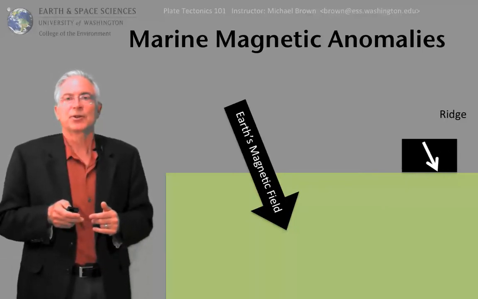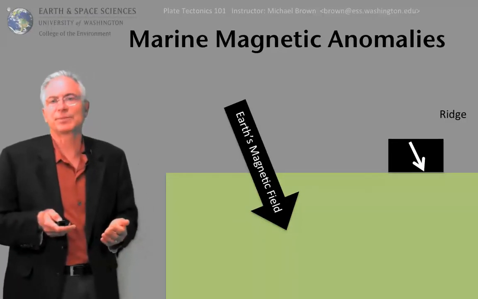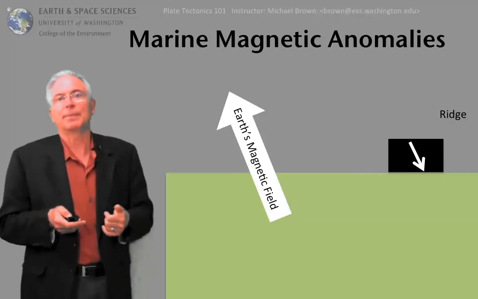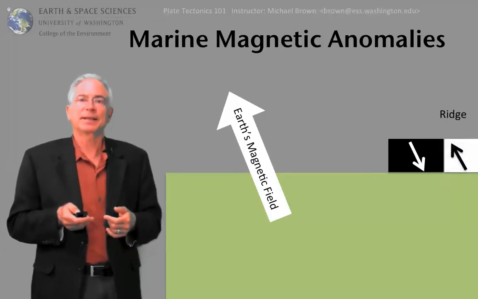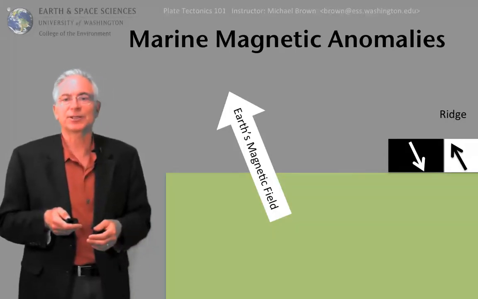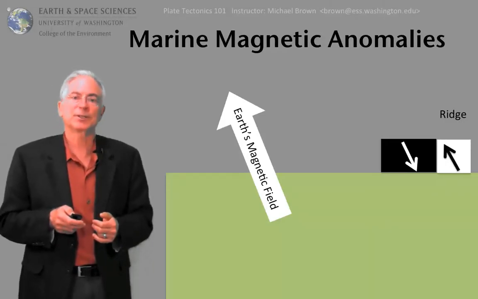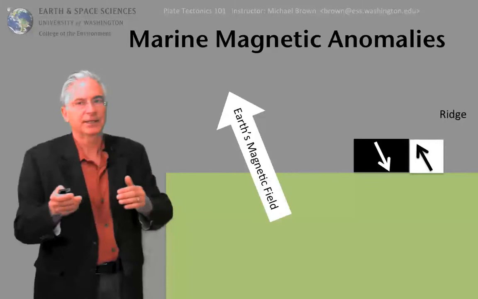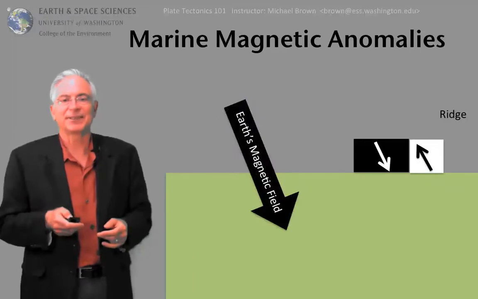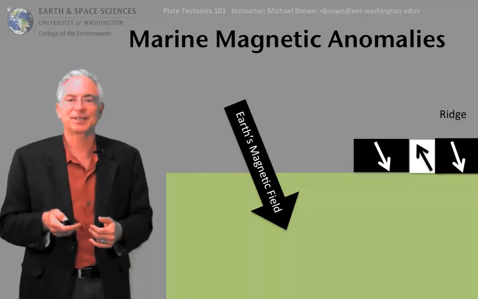That basalt is transported away from the ridge through seafloor spreading, and sometime later Earth's magnetic field may have reversed direction, shown white here pointing up out of the Earth. New basalt flowing up at the mid-ocean spreading ridge now will cool and take on an orientation in the opposite direction from that of the previous block. Now both of those blocks continue to be transported away from the ridge by the passive transport associated with mid-ocean ridge spreading. And if the Earth's magnetic field flips again, we have yet another block and another orientation of magnetic field. This process can continue on,